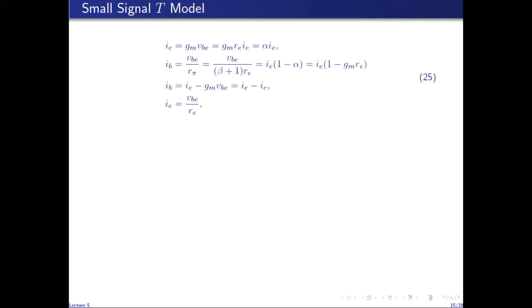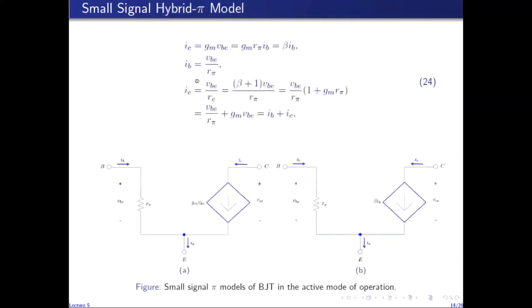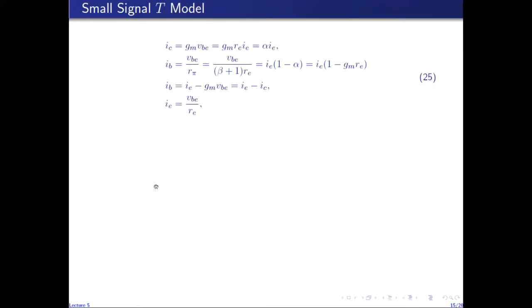Similarly, by simple manipulations of these three equations, the collector current is given again by GM VBE, but this time VBE we choose to write in terms of RE. So VBE is IE RE, and since RE is alpha over GM, GM RE is alpha. So IC can be written as GM VBE or alpha IE. Similarly, base current is given by VBE over R pi. Using the resistance reflection rule, R pi is (beta plus 1) RE, and writing